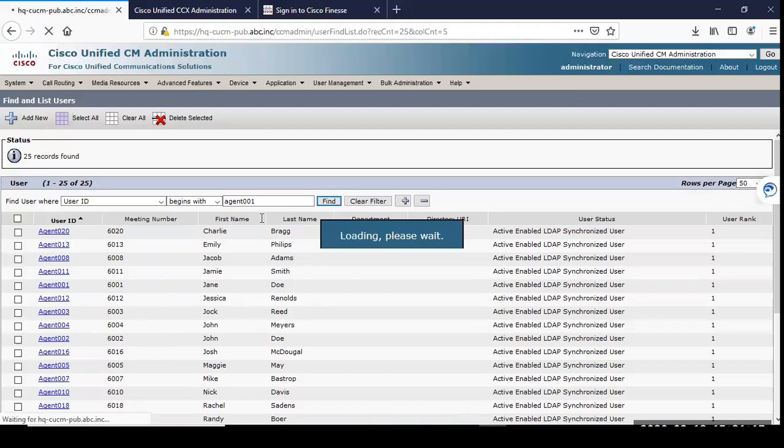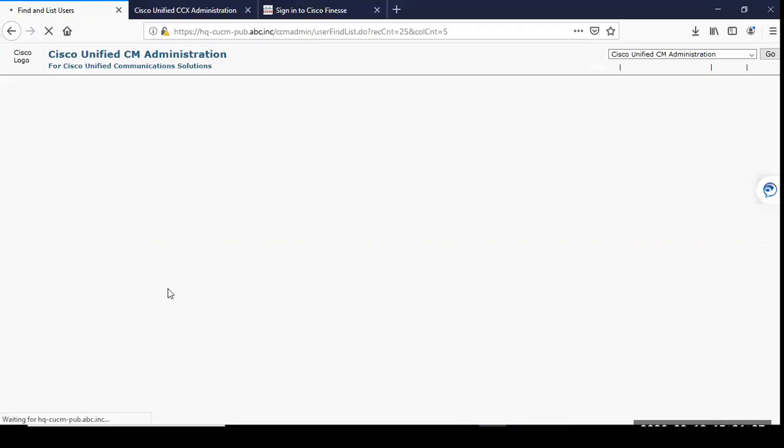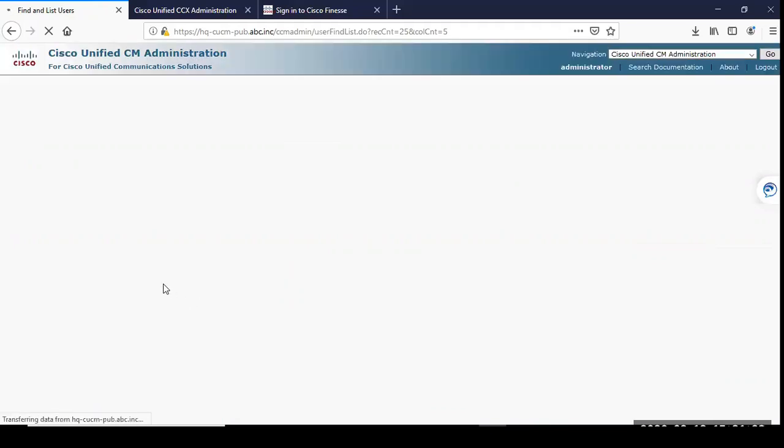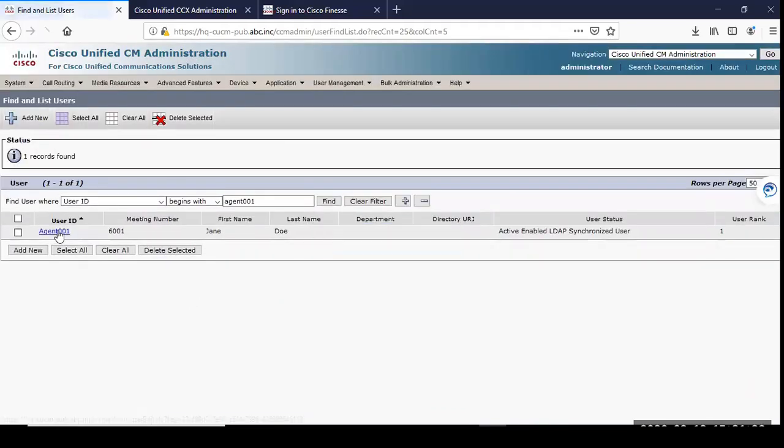I have put the exact name of my agent, which is right here. I could have searched for it, but I just wanted to show you that you can filter it this way as well. Once you're here on the user page,